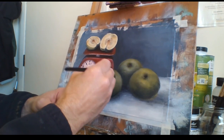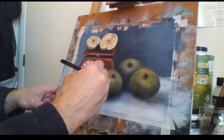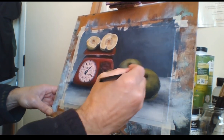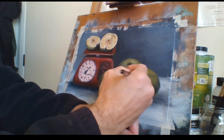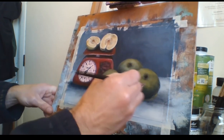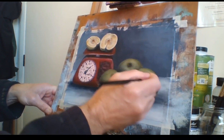You know what I mean? You want to have a three-dimensional look because apples are round, they're three-dimensional. Again, I avoid using flat brushes and round brushes. I use filbert brushes for all this type of thing. Long head and short head filbert brushes are great for this. For blending in, short head filbert brushes are the best, and for scumbling in details like this, long head filbert